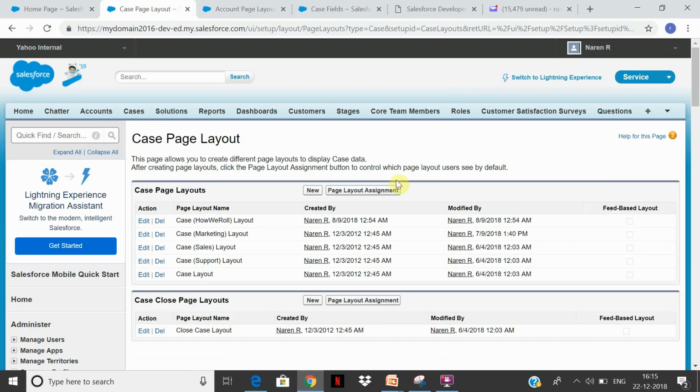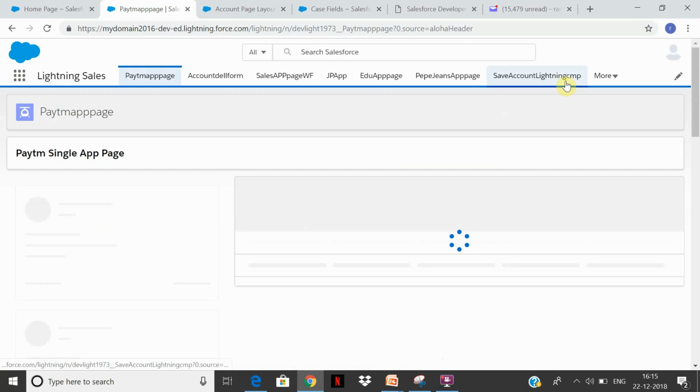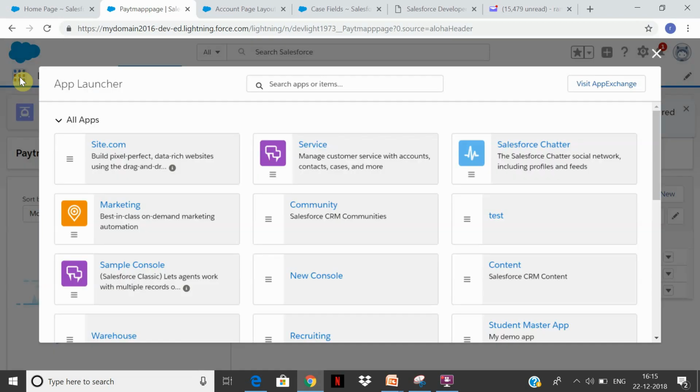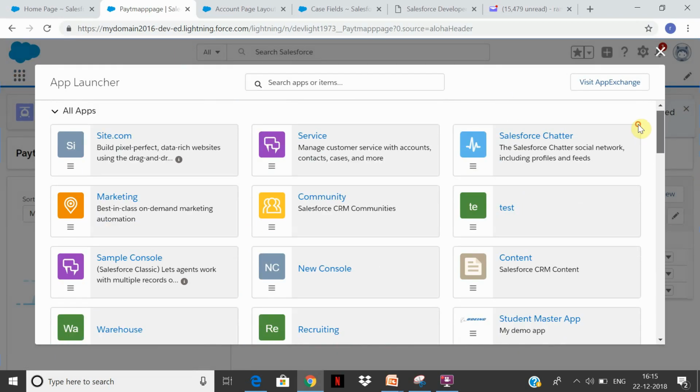Same thing we'll try to see in Lightning. So all you have to do is click on Lightning Experience. Only thing is the app manager now is called the app switcher. So earlier we were seeing apps at the top. So here this is the app switcher. Okay, so you have to click here, and again you will see all the apps of Salesforce, right? So we were looking at service. Now sales, I can also search for. Now let me click on service.